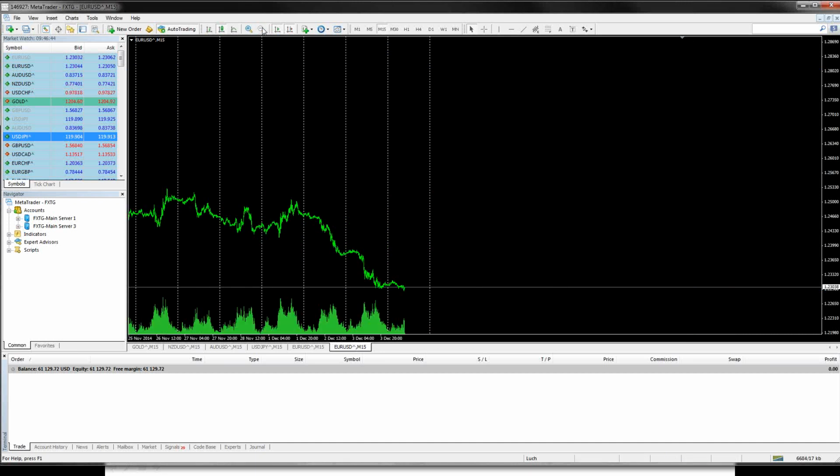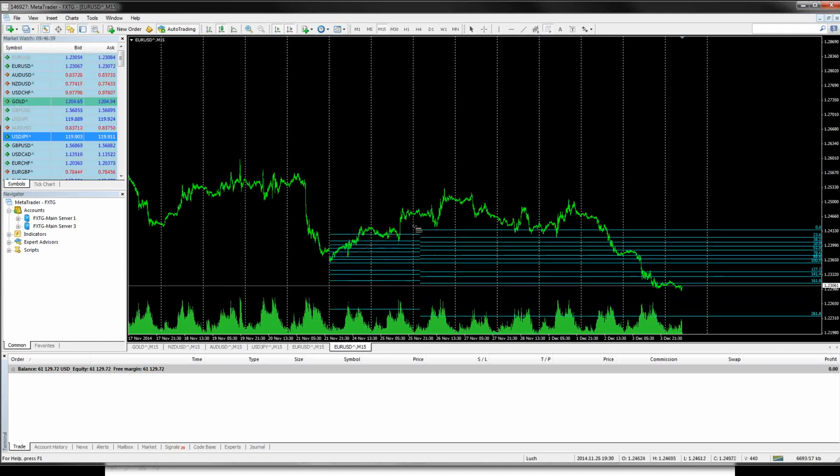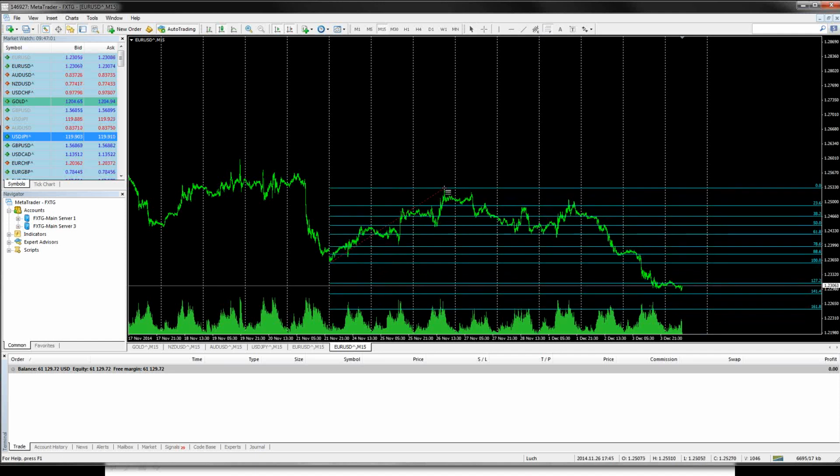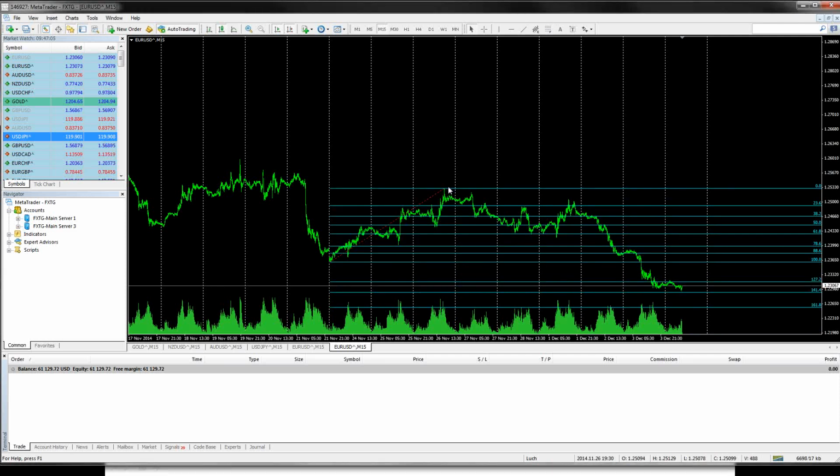15 minutes, if I could just make that smaller. The previous low on this one was right here. So in this sense, I'm going to do it from here, extend it to the highest top here, and that gives me where the market is most likely to be heading, going forward from this point.